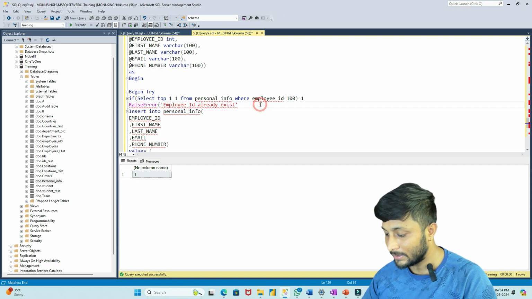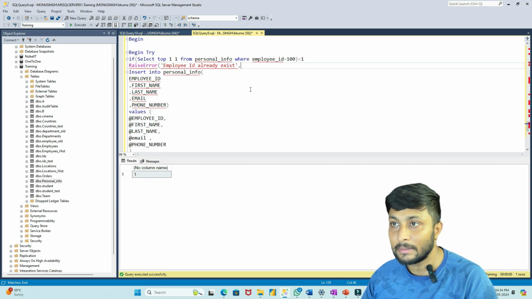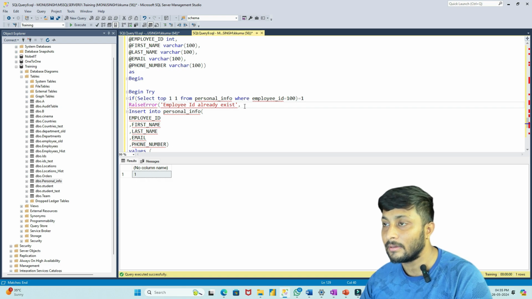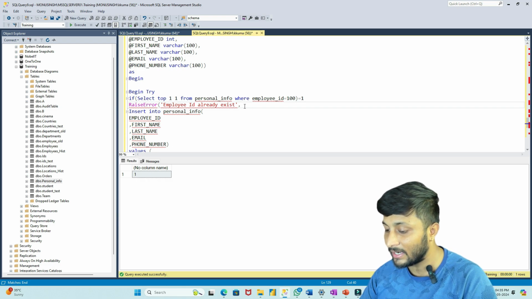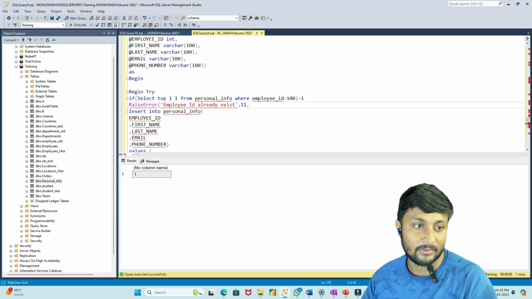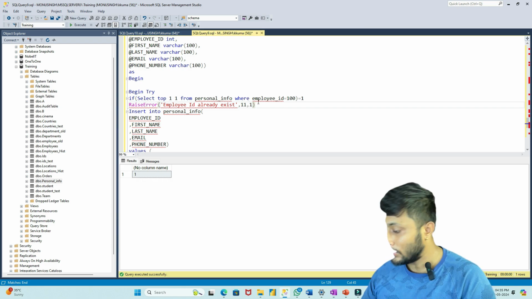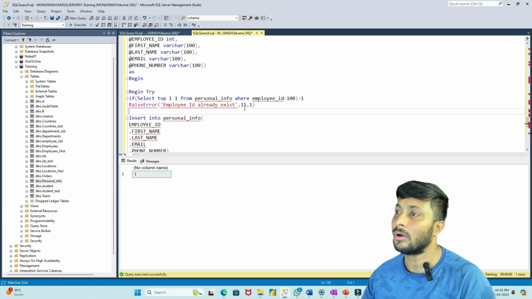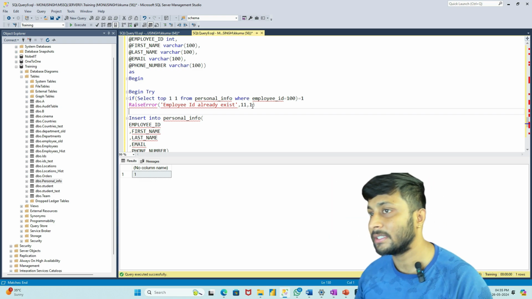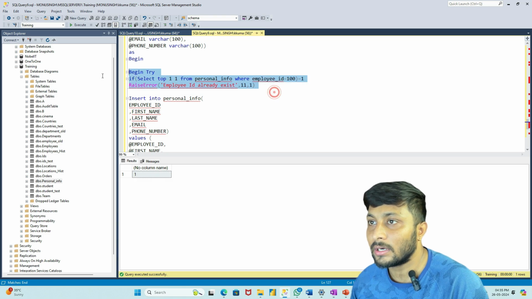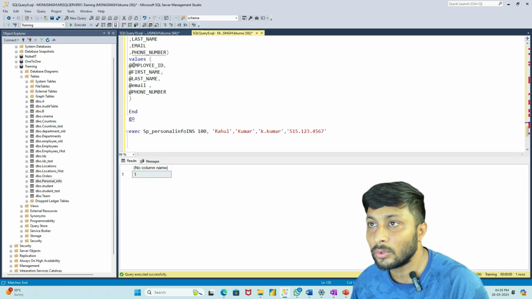Okay, this is the error message, and we are keeping the severity. Severity is basically what I am talking about, we have to give the severity also. The third is the severity and the state. So I'm taking state as 1. So we will talk further about severity and state. So let's check that. Okay, if this already exists, it will raise an error, and then it will go to